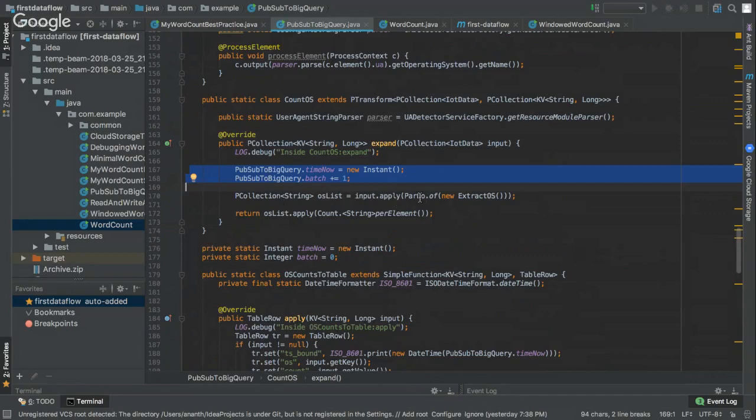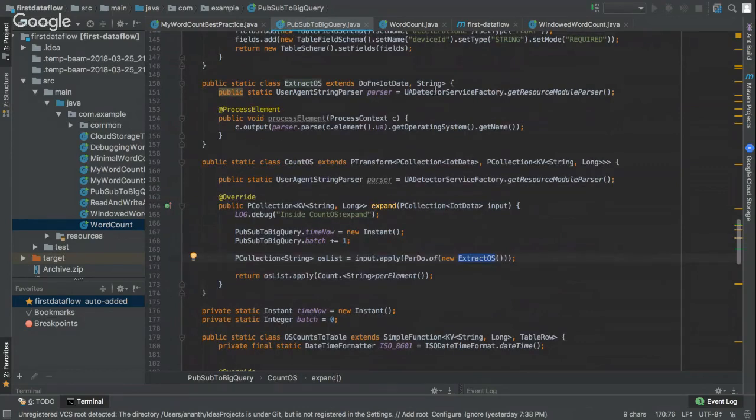But what we were essentially trying to do here is extract just the operating system out of the user agent. So this is where I can look at one element and say, for each element, I'm just going to get the operating system part of it from your user agent. I'm doing some kind of slicing there, and then I'm doing a count for each OS that I'm getting. So I'm extracting all the OS that comes in through your user agent into a list of operating systems. And down here in the count, I'm counting how many different